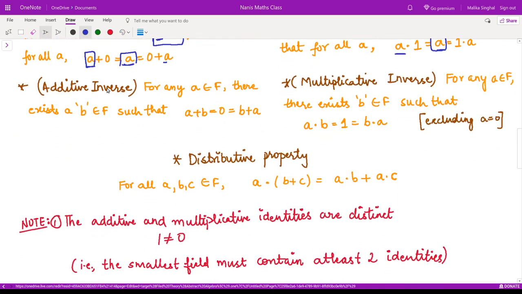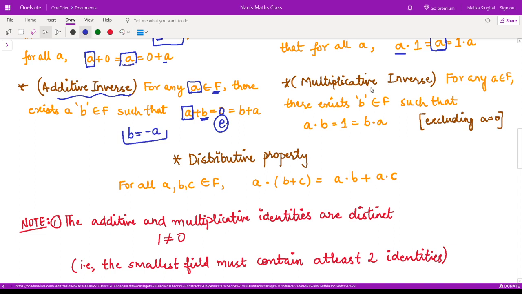Next, let us define the additive inverses. What are those? If you have any number A, these should be defined for every number inside the set F, right? So if you have some element or number A, then you must have something here so that you will get the identity of the group, the additive identity, which is 0 in this case. So B is the inverse of A. So here in addition, you clearly see if you have the number A, then your inverse would be minus of A, right? So this is the inverse.